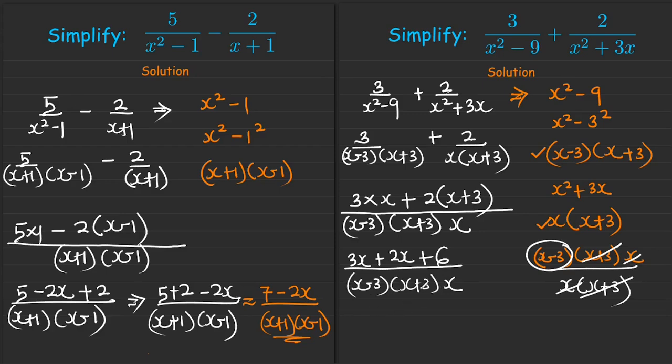You can rewrite it in any order. Since it is a product, nothing changes. 3x plus 2x gives us a 5x. We have 5x plus 6 over x minus 3, or let me rewrite it in this order. So x into bracket x minus 3, and then x plus 3, which becomes the final answer to the simplification